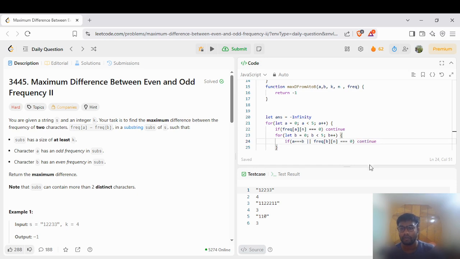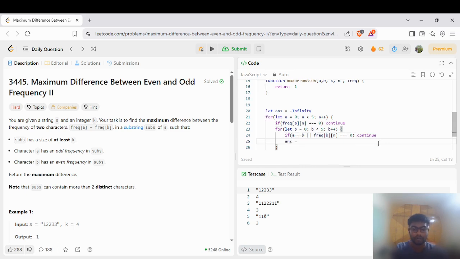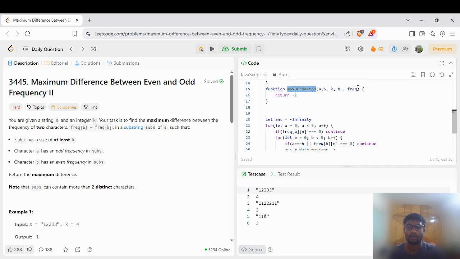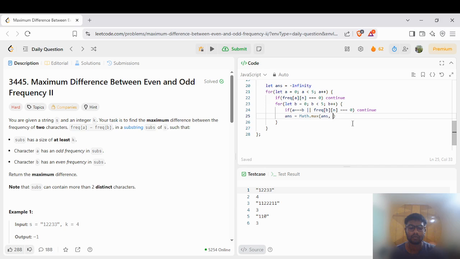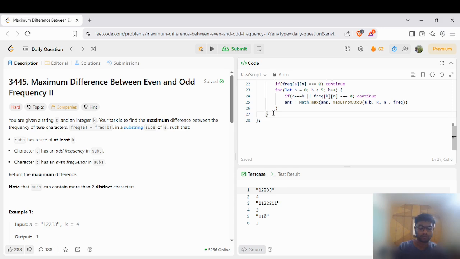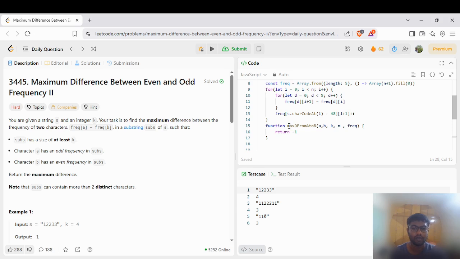So these set of if conditions help us in checking if a frequency of a specific character is 0 and a is not equal to b, since we need to have characters a and b not equal, and also frequency of b which should not be equal to 0, right? So once we match all these base criteria, then we calculate answer, which would be math. Okay, after all these we can return our answer, but now it's time to build this function